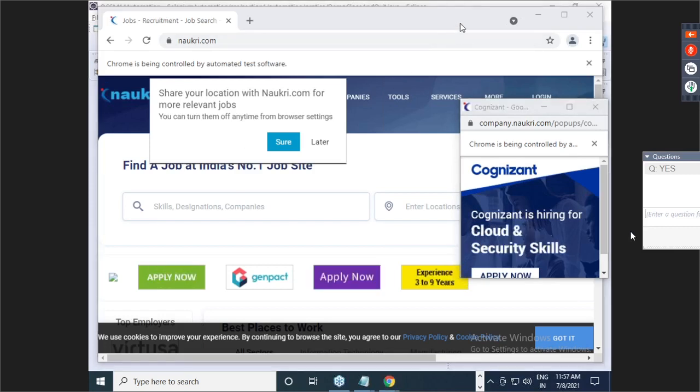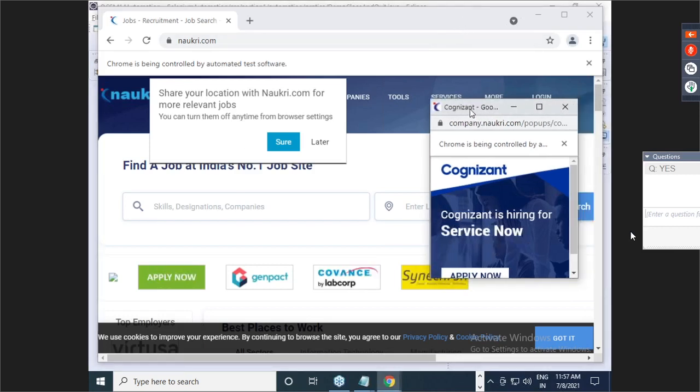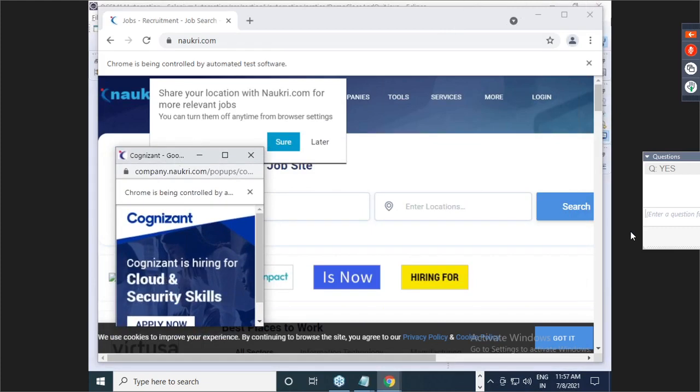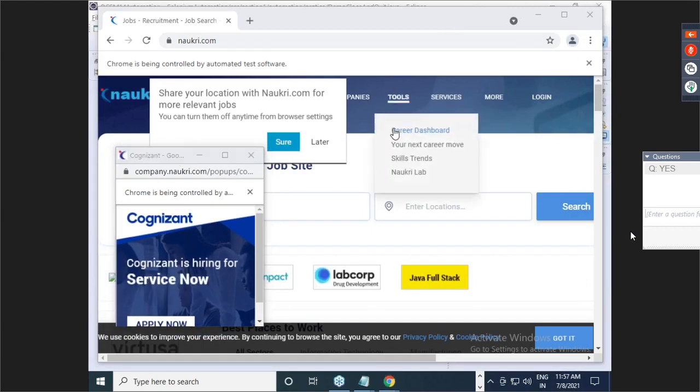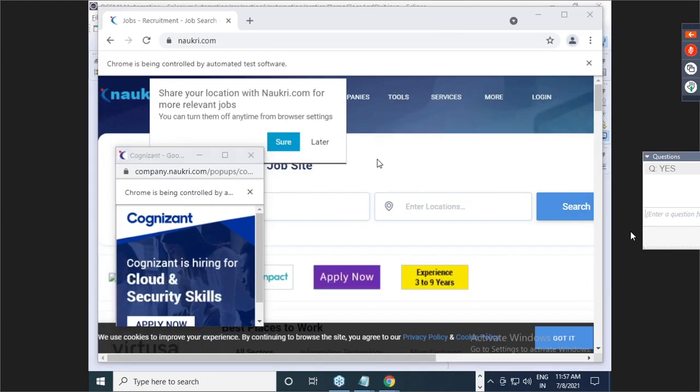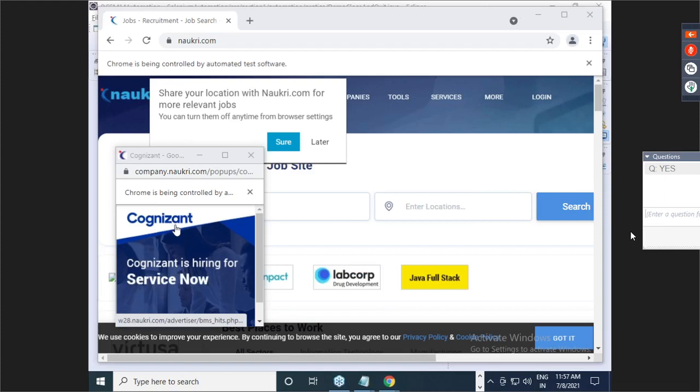So, guys, now the concern is this is nothing but what is called a child browser. In this browser, they are doing advertisement. Naukri people do advertisement. Hey, Cognizant is hiring. Special kind of hiring is going on. Something like this.